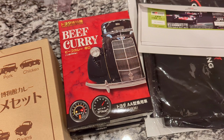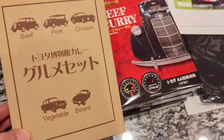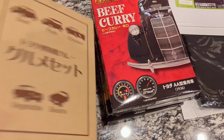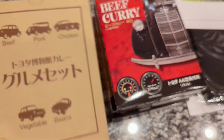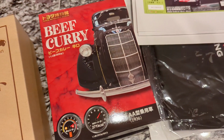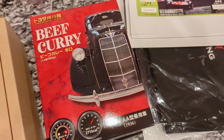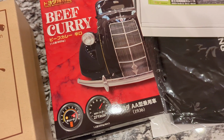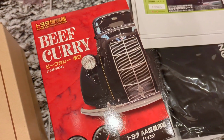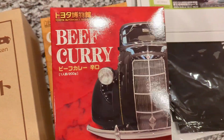Okay, so here are some of the gifts that you get, and starting with curry, of course. Who doesn't want curry when they buy a car? So basically, when I ordered the car initially, and you put down kind of a deposit, some money to reserve or claim your order, they give you some Toyota curry. So you get a little box with 3 flavors: beef,